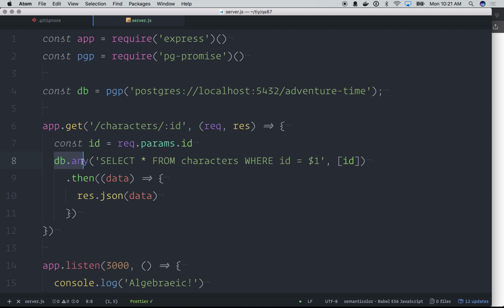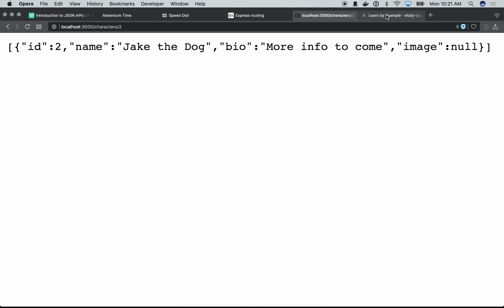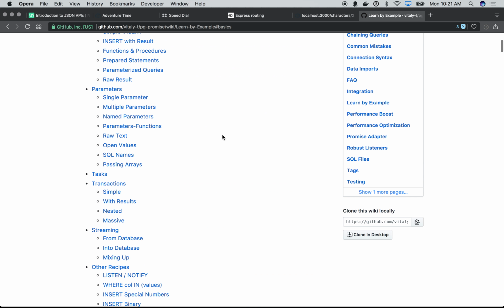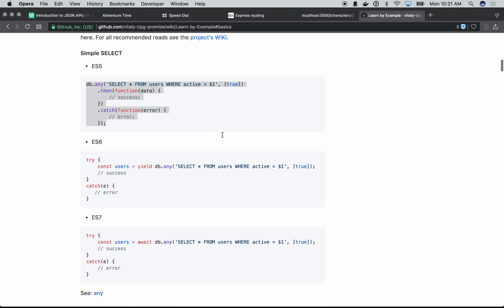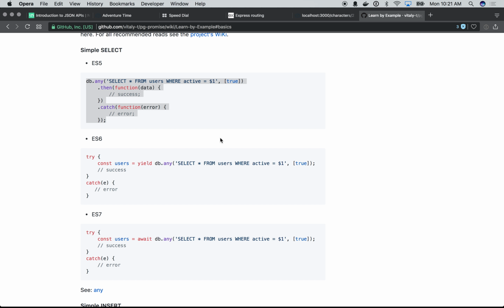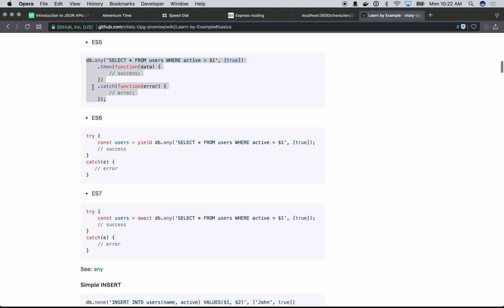So here, this is what happened. I said db.any. Postgres PG Promise gives you a couple different functions, and the one you use to call the query says, with the results that come back, these are the type of objects you might get, right? So db.any is like, hey, you're going to get an array back as a result. If there's no results, it'll be an empty array, right? If there's 10 results, you'll have an array with 10 things. If you want one thing,